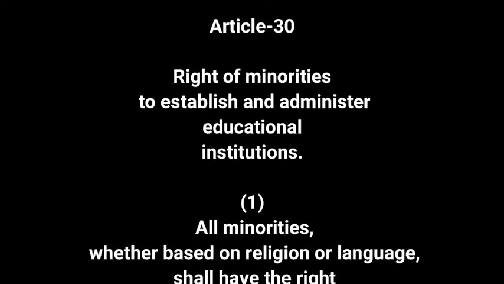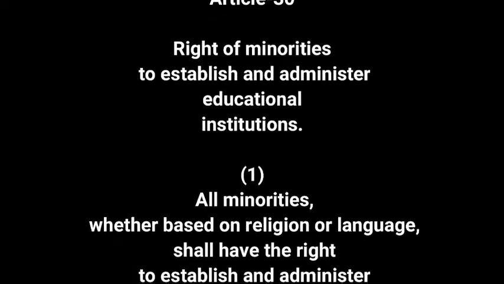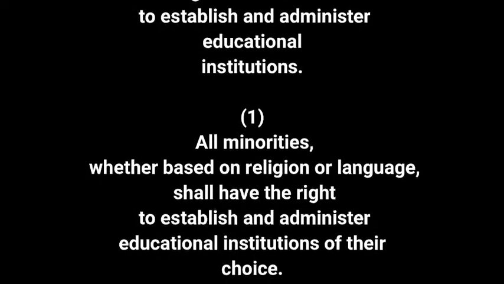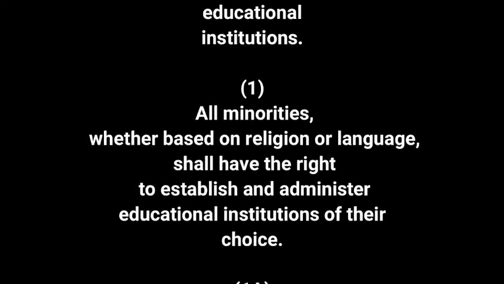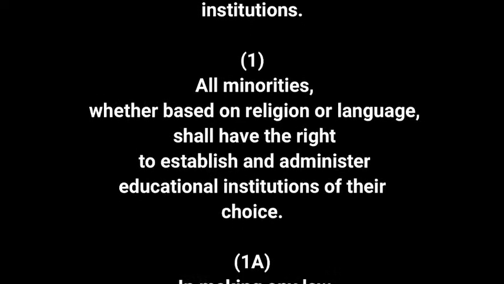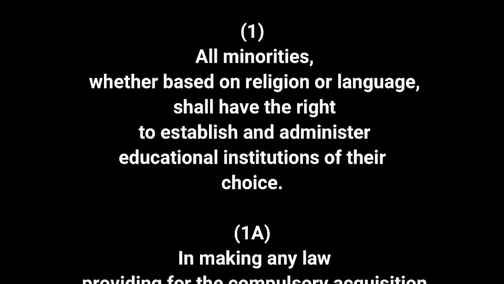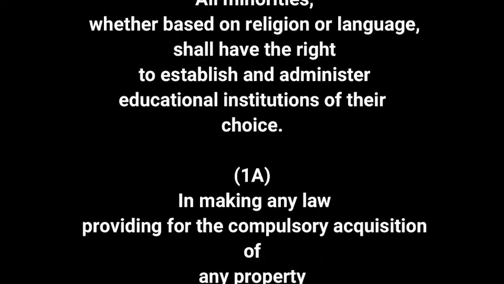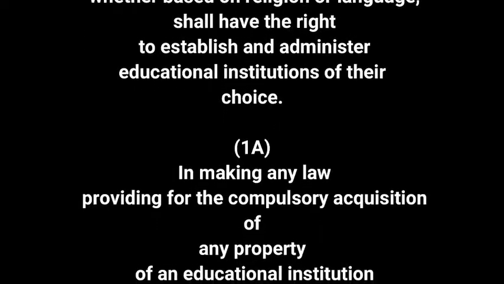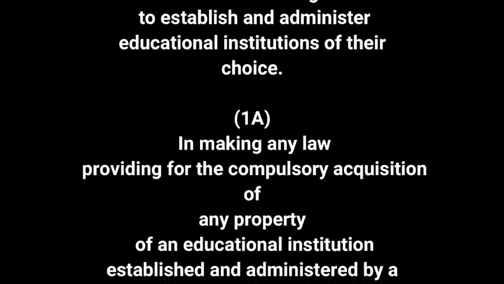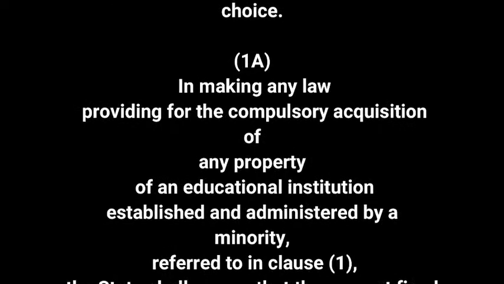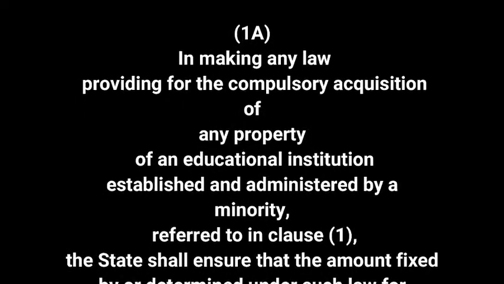All minorities, whether based on religion or language, shall have the right to establish and administer educational institutions of their choice. In making any law providing for the compulsory acquisition of any property of an educational institution established and administered by a minority, referred to in Clause 1,